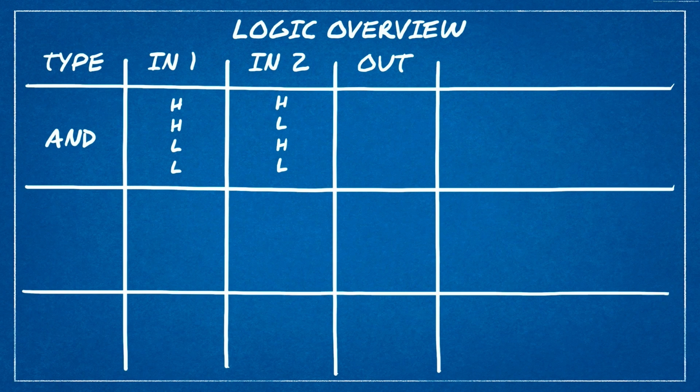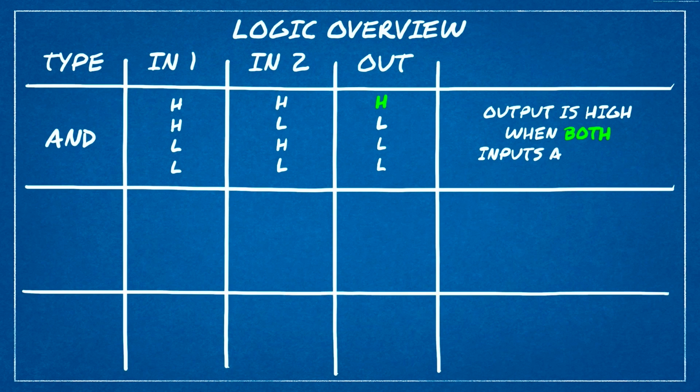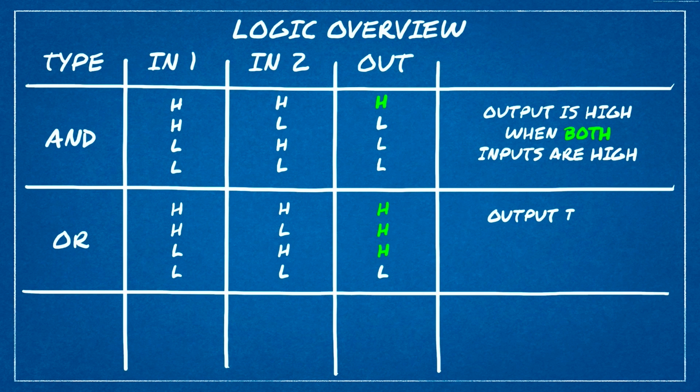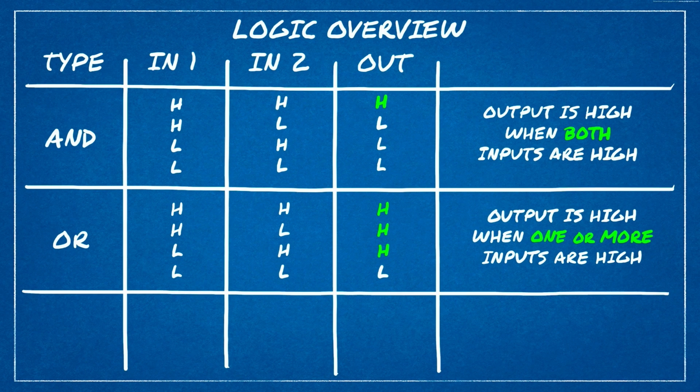AND looks at the values of 2 inputs and outputs a high gate or CV value only when both inputs are high. So it's useful, for instance, if you want to sum some trigger signals. OR, which is the default on the Subharmonicon, compares two inputs and outputs a high gate signal only when one or more inputs are high. So OR is a good algorithm to use and works well to compare multiple inputs. You'll see the algorithm used in a lot of modules which compare multiple signals, like Maths,